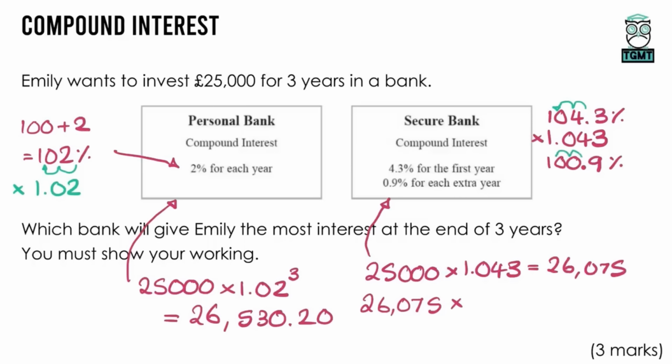Again, dividing that by 100, being really careful now, because we do get 1.009, and that's what we're going to have to multiply by. Now you've got two options again. You can multiply by 1.009, write it down and do it again, but I'm going to put a power of 2 with this one for the 2 additional years. So 26,075 times 1.009, and then that is to the power of 2, and that comes out as